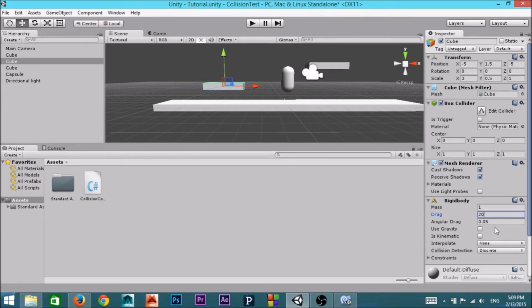I set it to 20 because, with the number we're going to eventually set in our code, 20 seemed to be the optimal number so that it wouldn't just get pushed forever, and it wasn't too high so that it would just not be pushed. Now that that's set up, we can go back to MonoDevelop